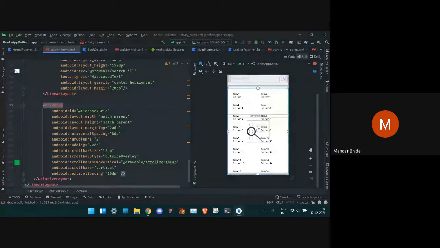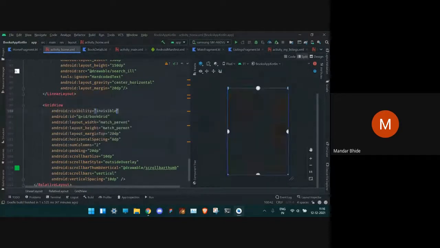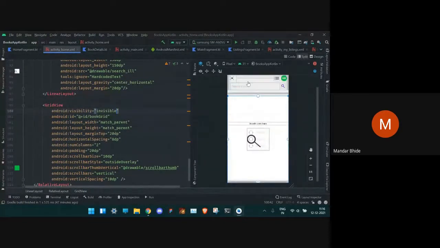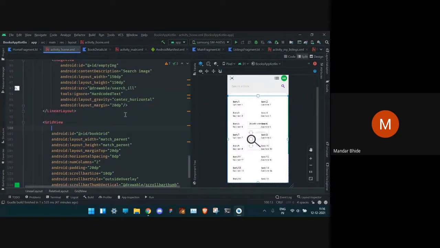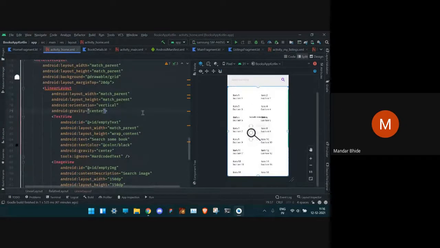Let's just make grid view invisible. Okay, so when the search bar is empty, we are supposed to show this image, and when the search bar has some value, we are supposed to make a request to the Google Books API and display the results over here.